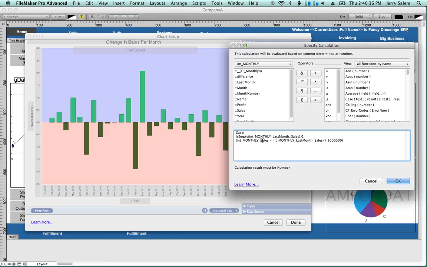On each month, I grab the number of sales that were made. Now, I have another relationship which finds from the month I'm currently on what is last month's record. That's from a relationship. So I take the sales from the current month and I subtract the sales from last month. So now that you know what the data is represented in the chart,